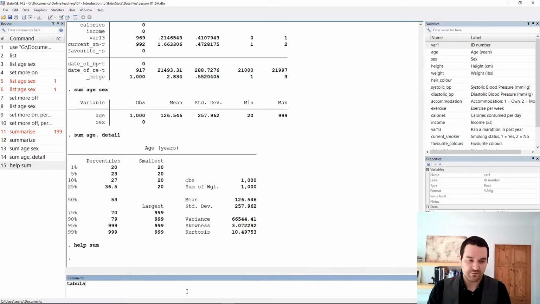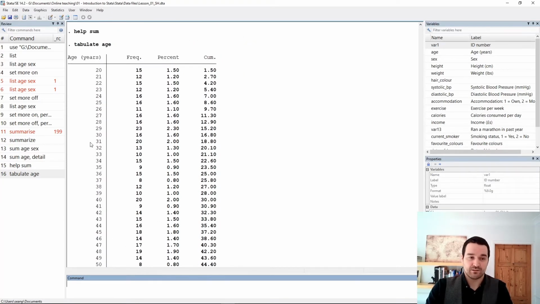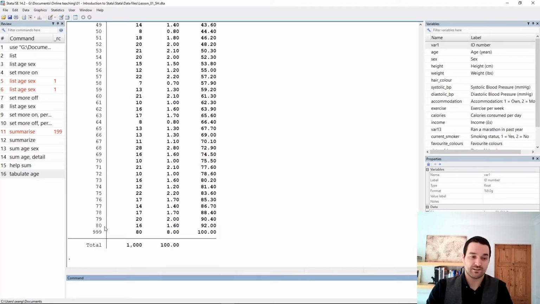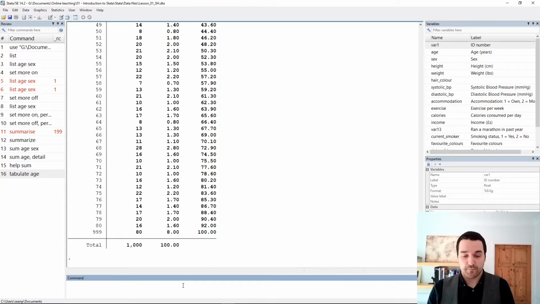So if we try to tabulate age, for instance, it's going to give us a frequency table of every age, and there's a lot of different ages. This isn't actually too bad because they're in years. If we did it to the nearest day, then this particular table would just be 1,000 lines long. So we use tabulate with categorical variables. So let's tabulate hair color, because that's not how you spell tabulate. Let's tabulate hair color,